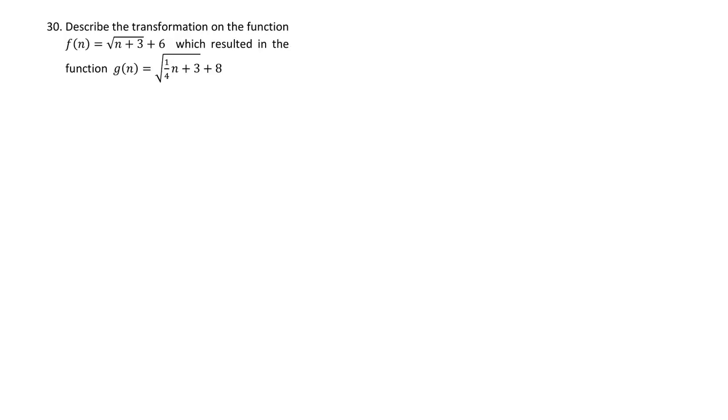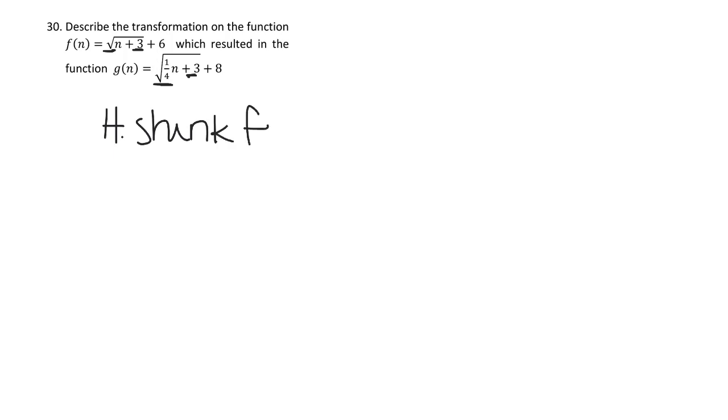And I believe this is the last problem. Describe the transformation on the function square root of n plus 3 plus 6, which resulted in the function g of n equals the square root of 1/4 n plus 3 plus 8. So we're going to look first for vertical or horizontal shifts. The 3 is the same, so we have no horizontal shifts. Then we'll look for shrinks and stretches. Here is a horizontal shrink,